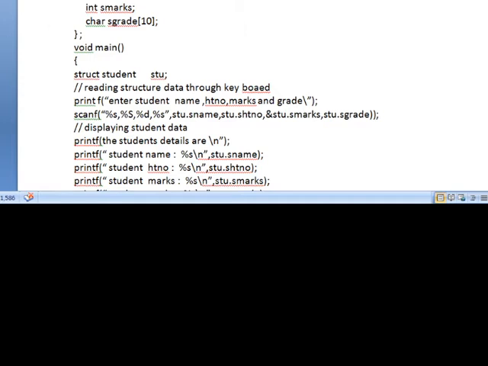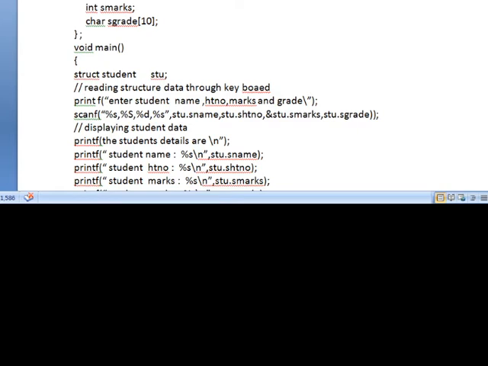First you define a structure using the struct keyword. Struct is a keyword used to define the structure before the main function. The structure name is student, and I am going to use 4 fields in this structure to store the student information.